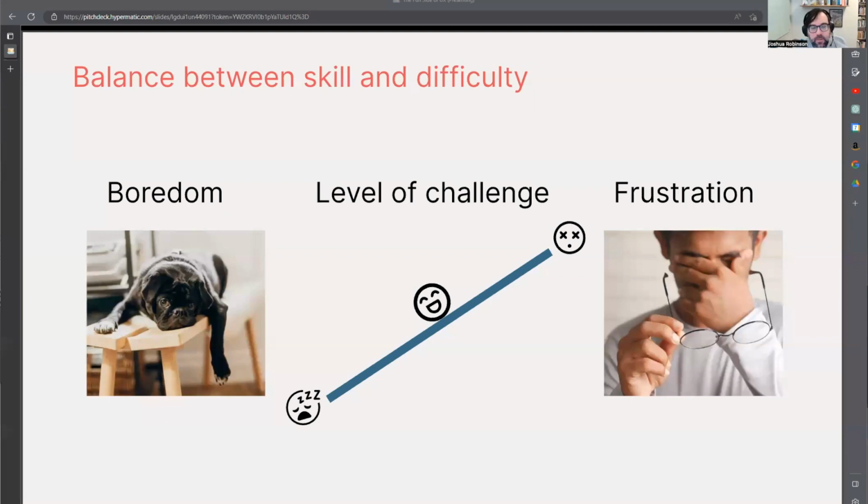Can anyone relate to that deep sense of flow, like losing yourself in an activity? I don't know about you all, but for me, when I find myself in a flow state, it tends to be some type of challenging activity that I'm working towards a goal. I don't normally get in a flow state where I'm just doing a mindless activity, where I'm not even thinking about it, right? To get into a flow state, you need to exert some kind of effort to get that deep sense of satisfaction. Okay, so if the task is too easy, we get bored. Too difficult results in frustration or anxiety.